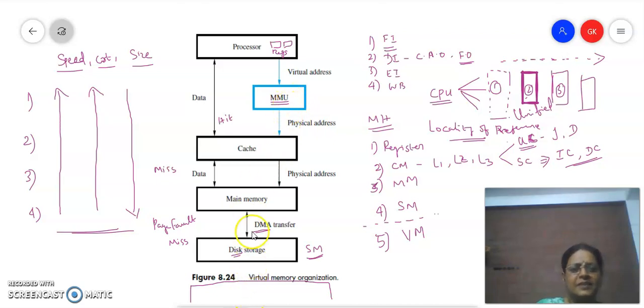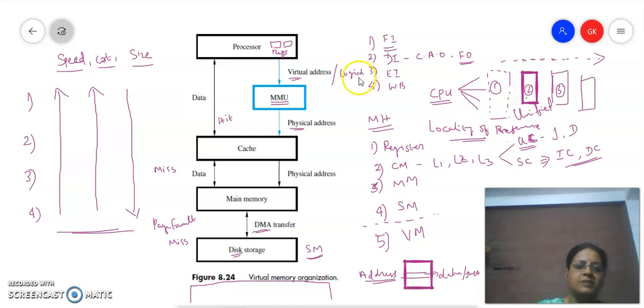As we see, different levels of memory are going to store some data. Each location in the memory will have some data or some instruction, and this location has to be referred to by giving an address. If I am going to refer to an address which is physically present, then that is called a physical address. If it is not physically present, then it is called a virtual address, and the other name for this address is logical address. So you have to understand two types of addresses: one is a logical address or virtual address, and another is a physical address.